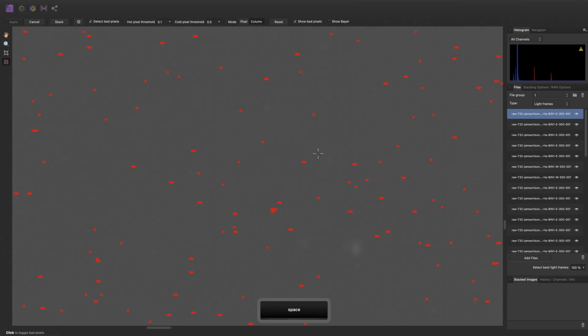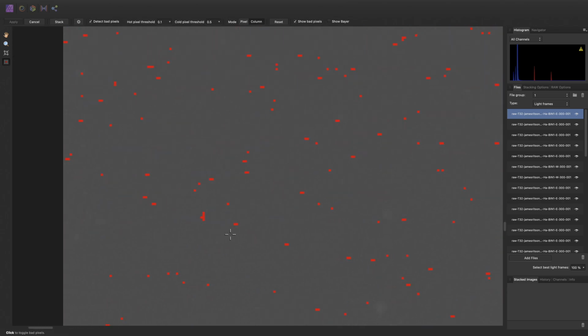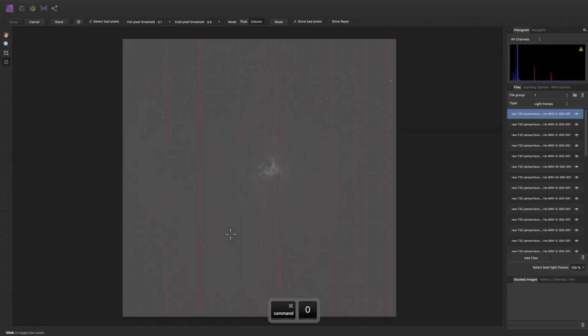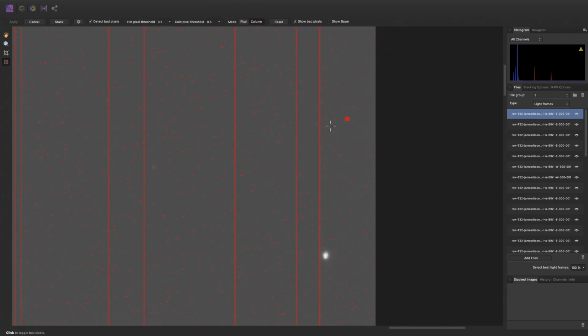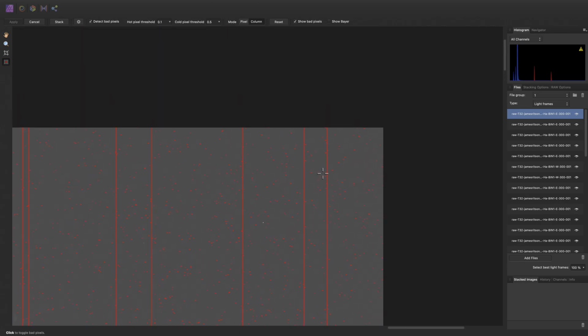Oh, just a few faint ones here. These look to be very faint columns. Okay, I think we've got the majority of them now. So when doing this process, sometimes it helps to just zoom back out and then zoom in again, perhaps on a different part of the frame,